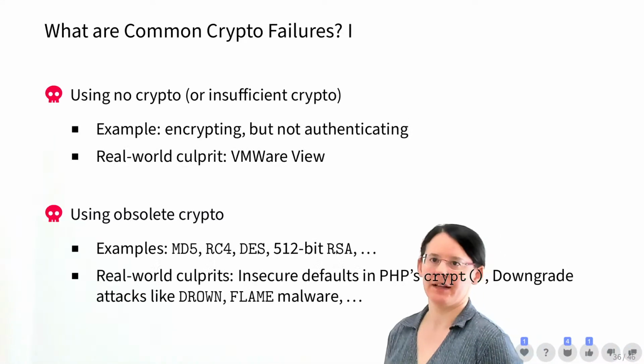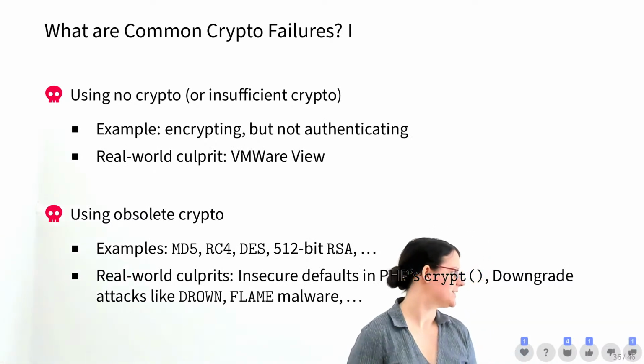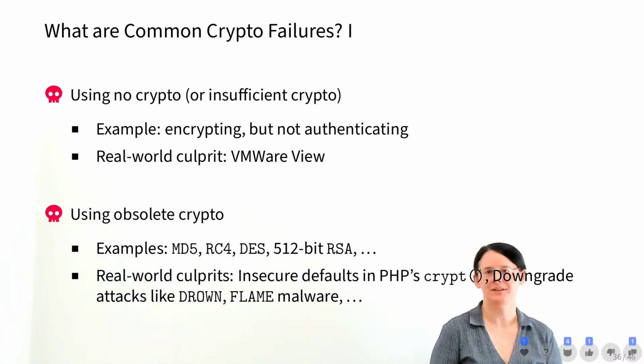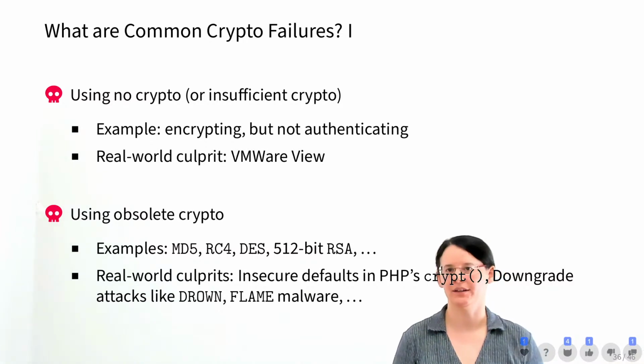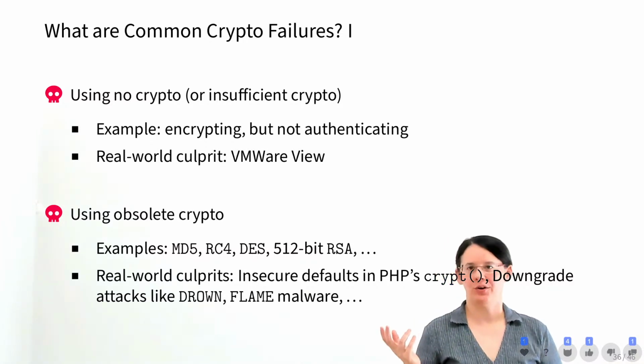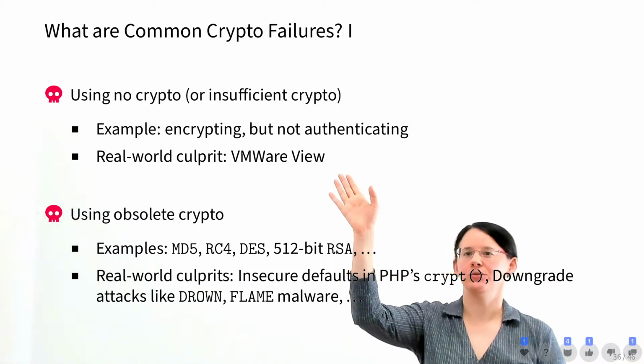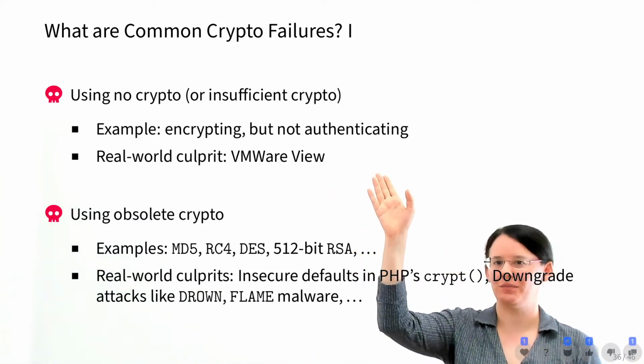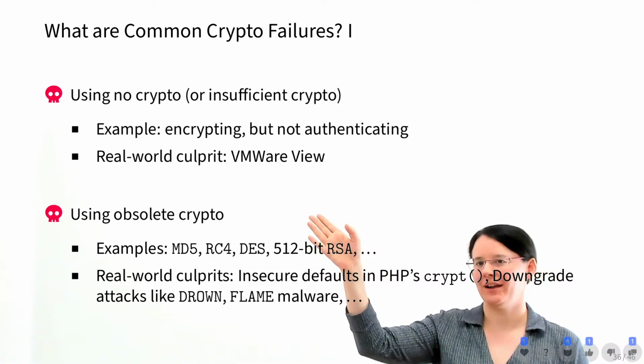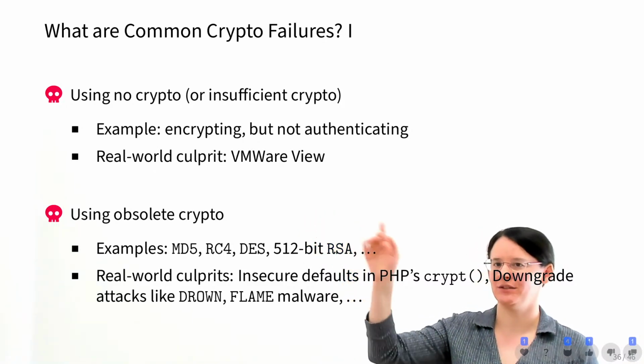So instead of asking you what common crypto failures are, I now have just listed some examples that we can briefly have a look at now. So what are two broad categories of crypto failures? Well, one is using no crypto at all or insufficient crypto, and another very widely spread mistake is using obsolete